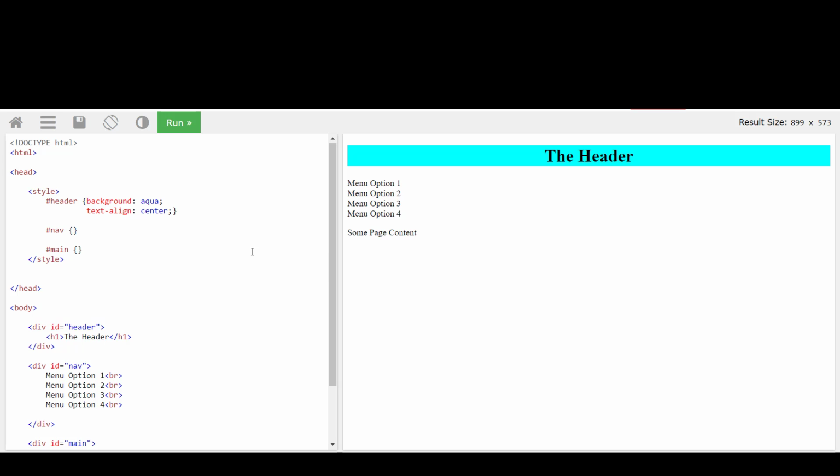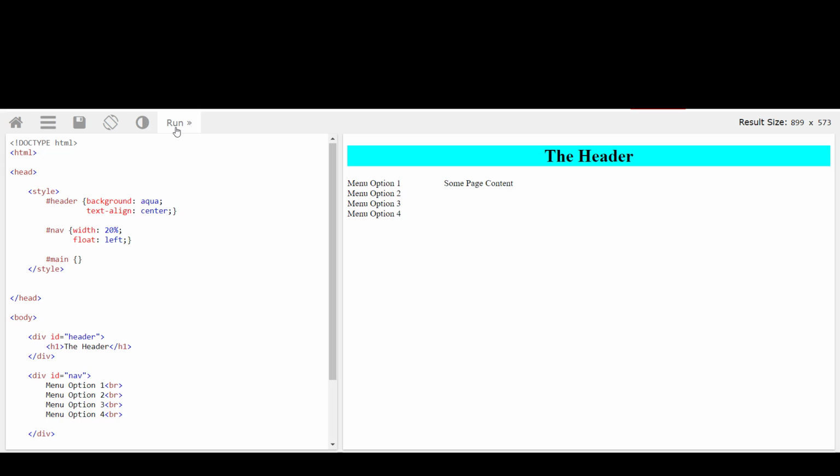Now let's focus on the nav bar. We want the nav bar to be on the left hand side, like a menu on the left hand side of a web page, and we want this page content to then be placed to the right hand side of it, where we would normally find some content for a web page. So I'm going to say that I want the width to be, and I'm going to use a percentage this time, 20% of the width of the page. I want to make it float to the left side,